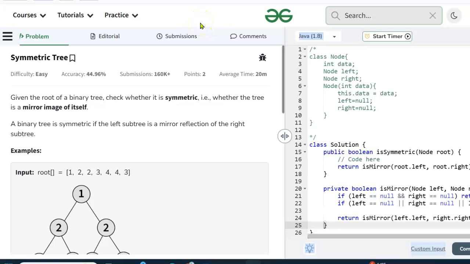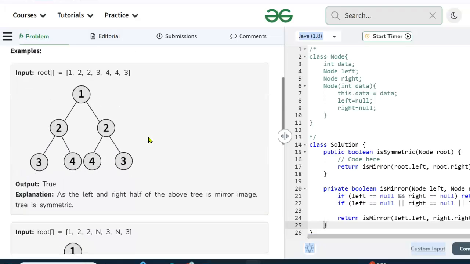Today's problem is symmetric tree, difficulty easy. Given the root of a binary tree, check whether it is symmetric, i.e. whether the tree is a mirror image of itself. A tree is symmetric if the left subtree is a mirror reflection of the right subtree. Example,